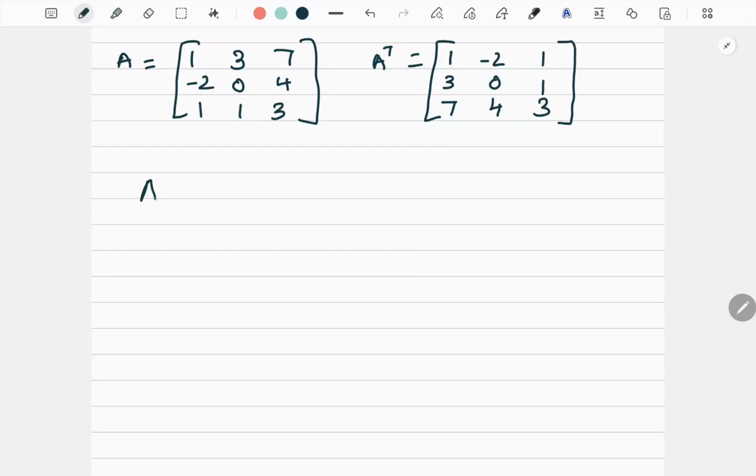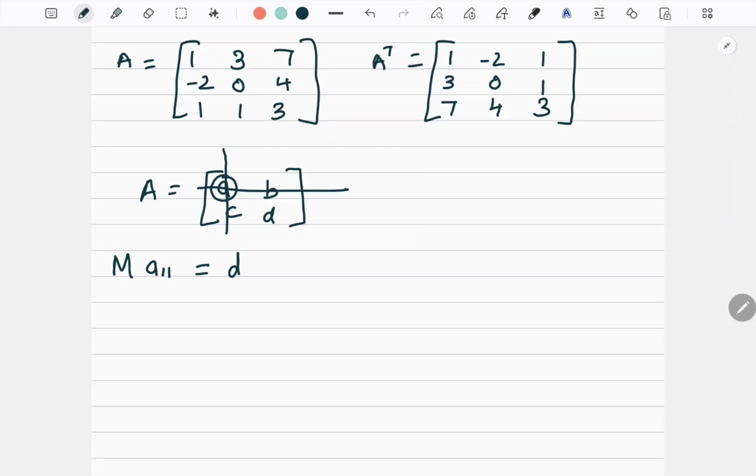Suppose I'll start with a 2 cross 2 matrix. Now if I have a 2 cross 2 matrix like this, A, B, C, D. Right? If I want to write the minor of A11, means the element which is sitting in first row, first column, means this one. So what you have to do to write its minor, you have to hide the column taking that element and the row taking that element. So what is left? D. So A11 minor is D.